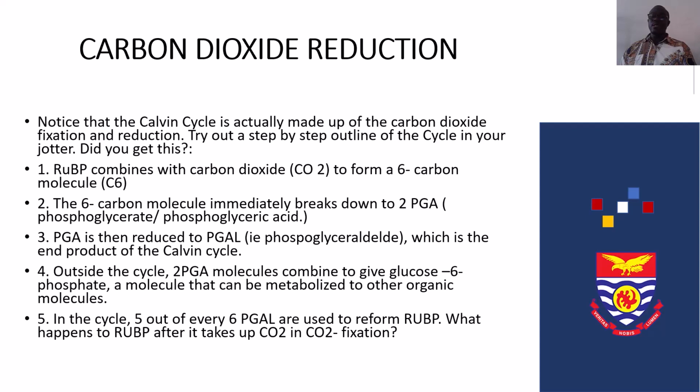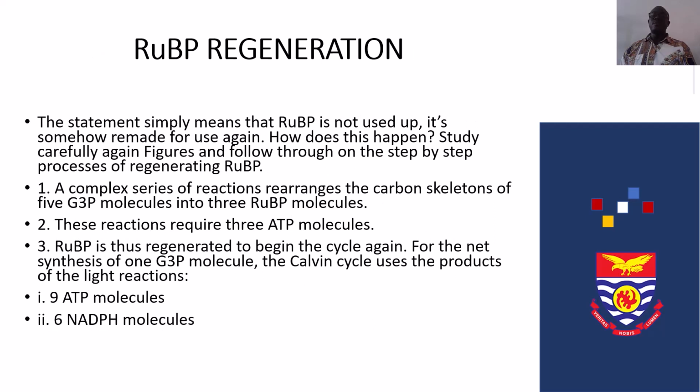What happens to RuBP after it takes up carbon dioxide in carbon dioxide fixation? The statement simply means that RuBP is not used up. It's remade for use again. How does this happen? Study carefully again the figures and follow through on the step-by-step process of regenerating RuBP. A complex series of reactions rearranges the carbon skeletons of 5 G3P molecules into 3 RuBP molecules. These reactions require 3 ATP molecules. RuBP is thus regenerated to begin the cycle again for the net synthesis of 1 G3P